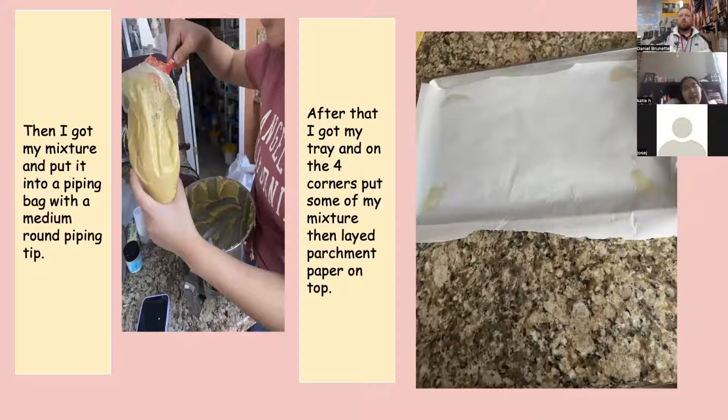Then I put my mixture into a piping bag with a medium round piping tip. It was a 12 round piping tip. Then I got my tray, and on the four corners of the tray, I put some of my mixture, then laid parchment paper on top. The reason I put some of the mixture on the four corners was to make sure the parchment paper would stick. And then I started